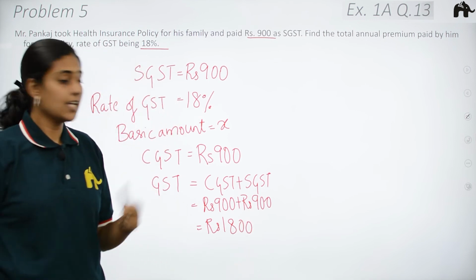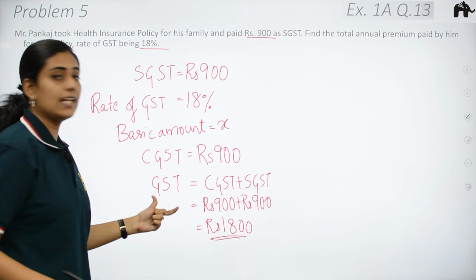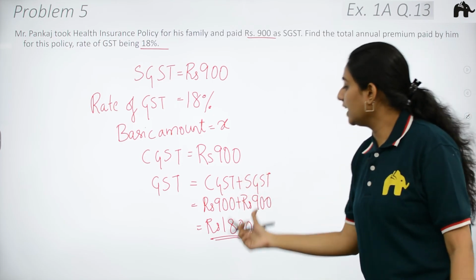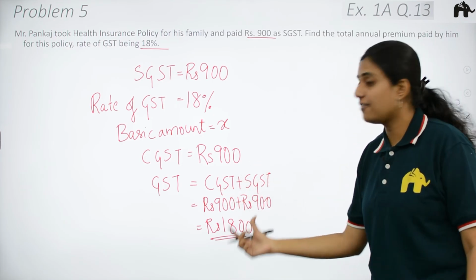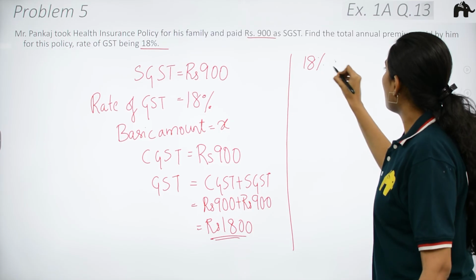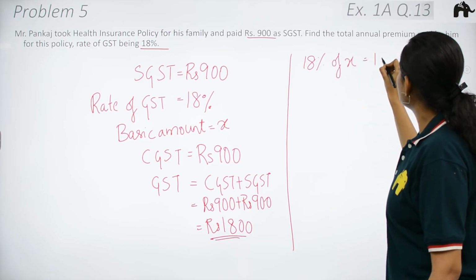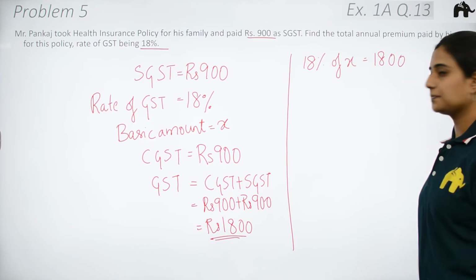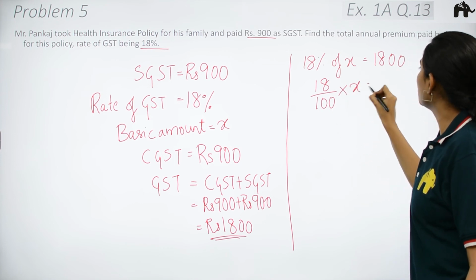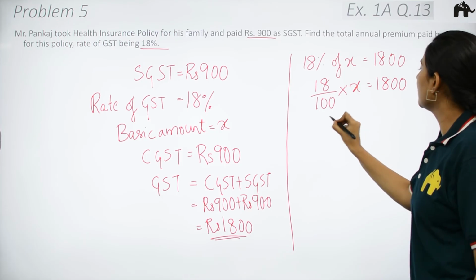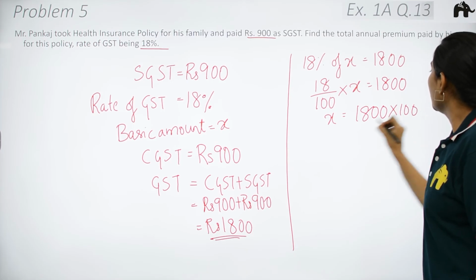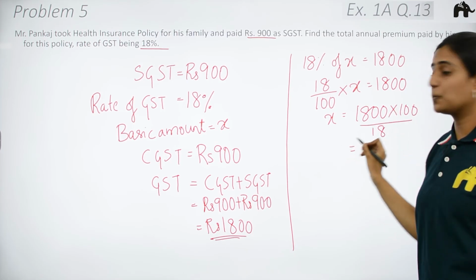1800. Yes, rupees 1800 is the total GST amount paid. Now we know 18% of X will be equal to 1800, from which we can find the value of X, which is our basic amount. 18% of X is equal to 1800. Clear? That is 18 by 100 into X is equal to 1800. X is equal to 1800 into 100 divided by 18, which is equal to rupees